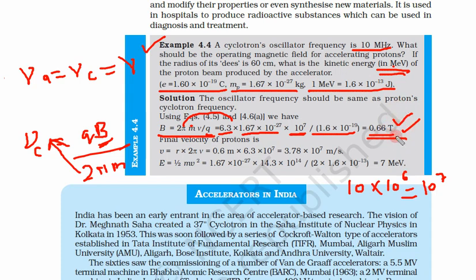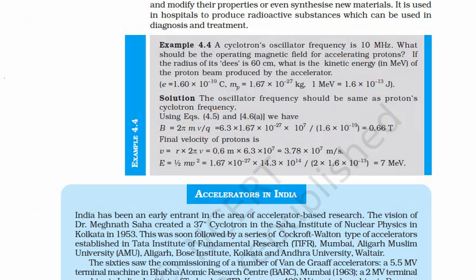0.66 Tesla. So this is quite a large magnetic field. If we put this particle in a magnetic field of 0.66 Tesla, then at frequency 10 megahertz, its radius would be, sorry, radius will not matter, radius will matter only in the second part. If we put this in this magnetic field, then frequency would be 10 megahertz. For magnetic field 0.66 Tesla, frequency would be 10 megahertz. Now velocity of the protons. Now second part, what would be the velocity?